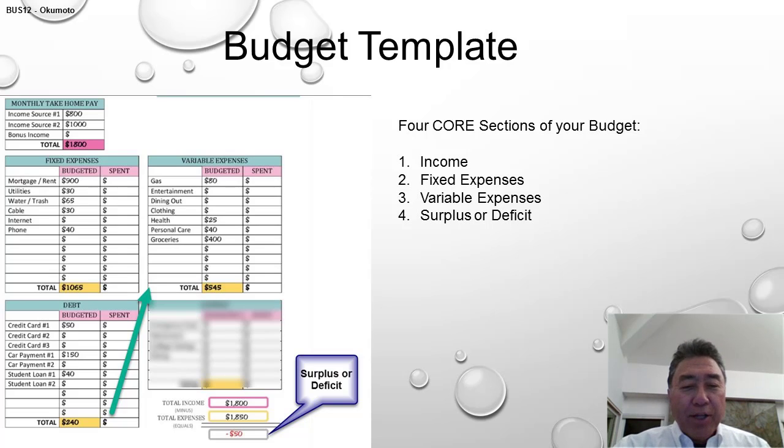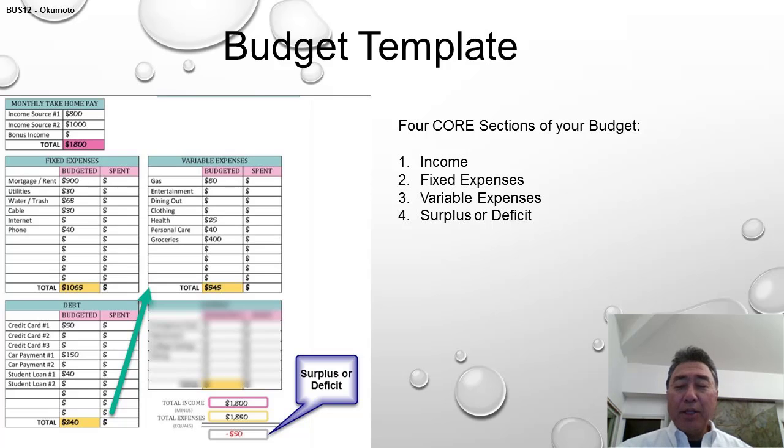All right, we've had the chance to answer our questions for our budgeting. Those questions being, what are our financial goals and what is our current financial situation? Now that we have an understanding of that, and we've also had the opportunity to become familiar with the budget template, those 4 sections include income, where's your money coming from, and where you're spending your money, specifically in the area of fixed expenses and variable expenses, and then understanding what's left over.